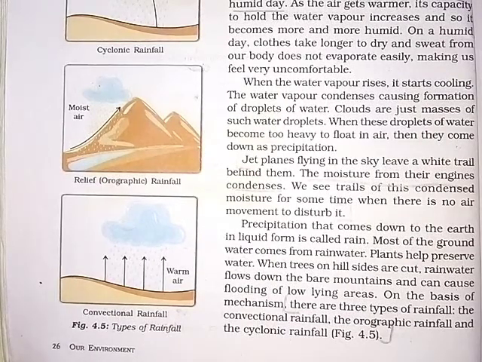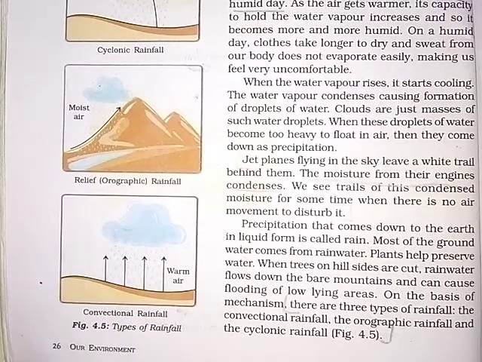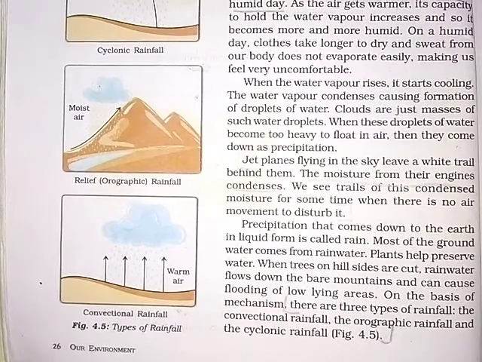Plants help preserve water. When trees on hillsides are cut, rainwater flows down the bare mountains and can cause flooding of low-lying areas. On the basis of mechanism, there are 3 types of rainfall: the convection rainfall, the orographic rainfall,